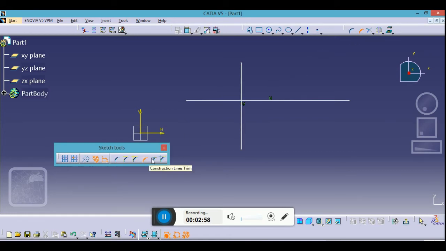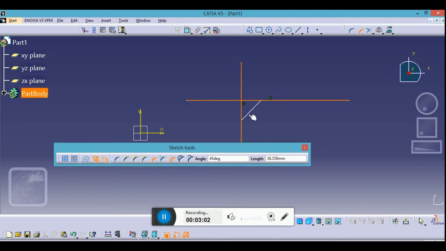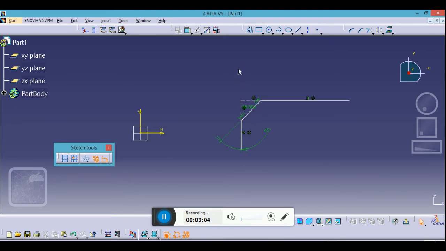Next is again your construction line trim. This, and done. Whatever rest part is not coming within that chamfer will get trimmed, and the portion which has been trimmed will turn into construction lines. These lines will help you for giving dimension from this corner to another corner, because you cannot give dimension on this slope.